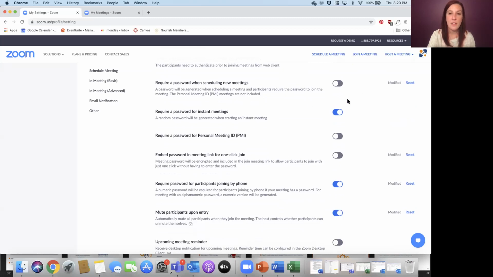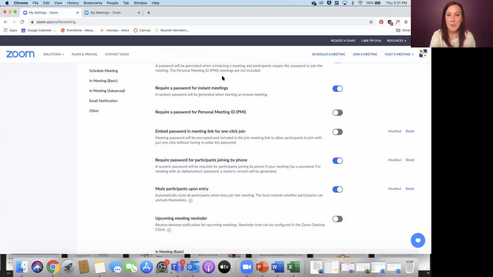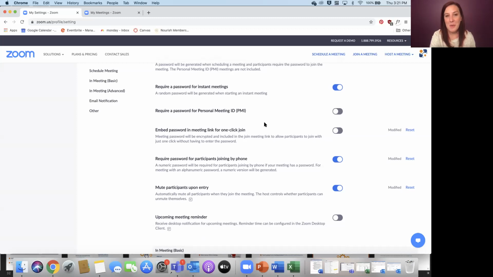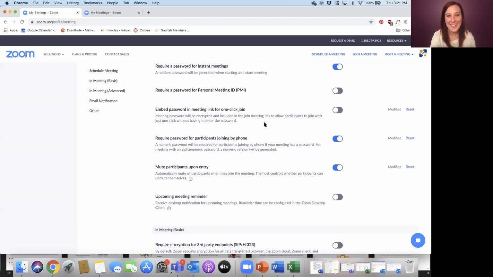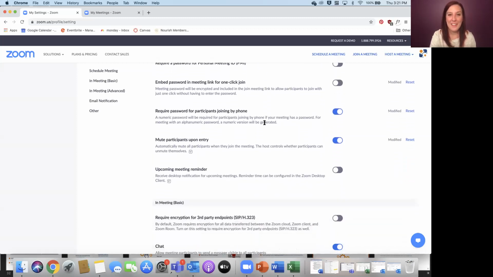I actually have that set to off, and that's just because most of the time when I'm setting a meeting, I'm not sending those out to people outside of my organization. It's in my Outlook. It's probably going to Marissa. But there are some cases where I want that on, and I do that on a case-by-case basis. Instant meetings I feel a little bit more strongly about, so I have that there. And then there's a couple other things.